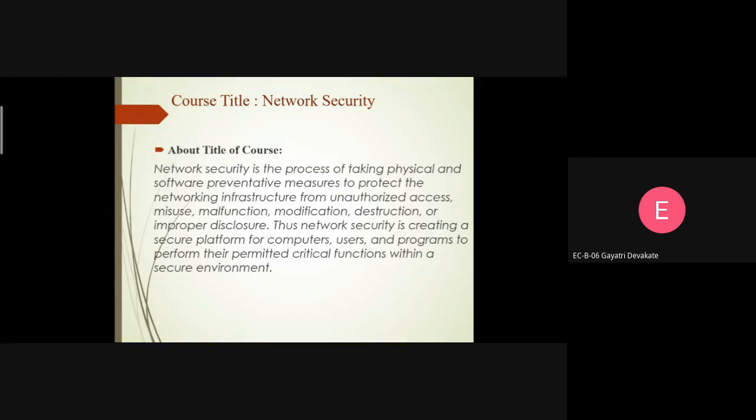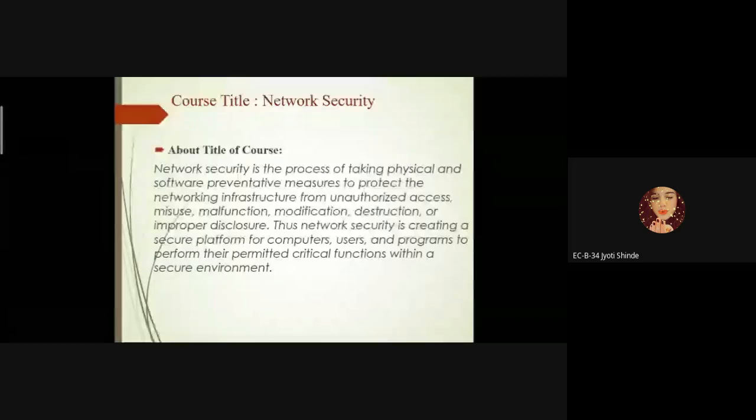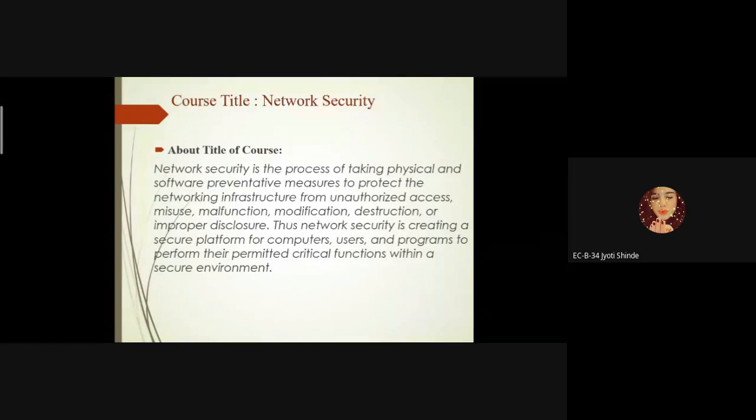So in network security, what is network security? In order to protect our devices from various suspects, we have to develop certain things. It might be a combination of hardware as well as software. Can you explain where the attack is possible? Where are the chances to access our data? In which situation can other people hack our data?